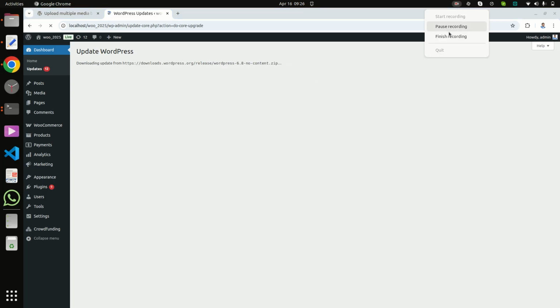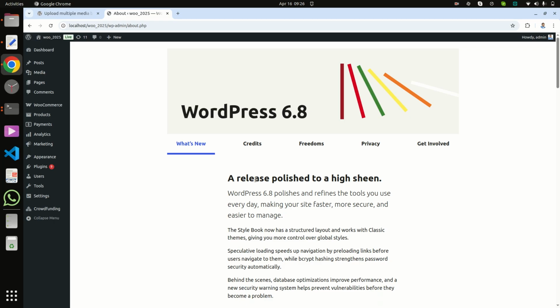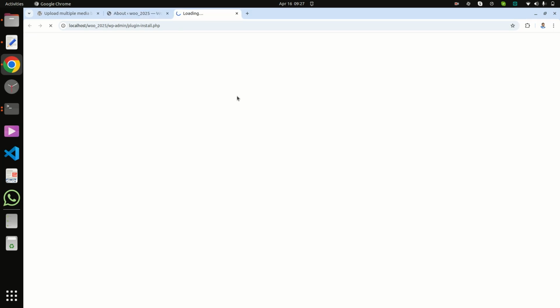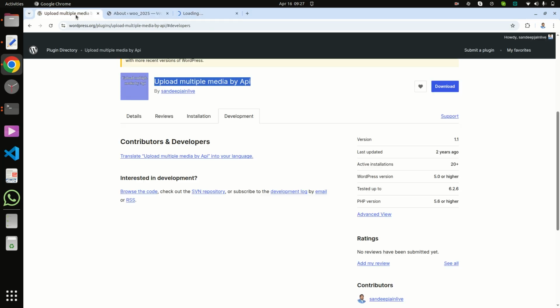Okay, it takes some time, so pausing it. Now 6.8 is updated. Now go to the plugin section, click add new, and check by downloading your plugin from